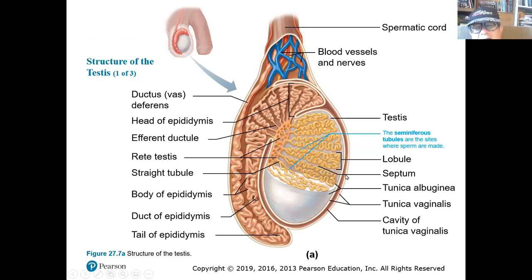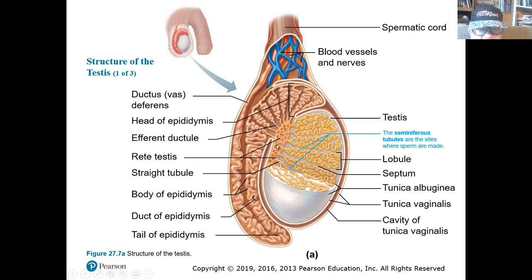Each lobule has several, up to around 4, of these wiggly seminiferous tubules. They come together into a straight tubule, like the one you see here at the end of this lobule. And those straight tubules go into a network